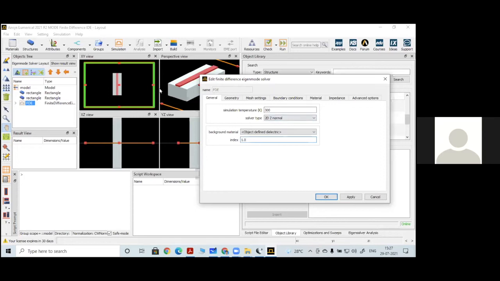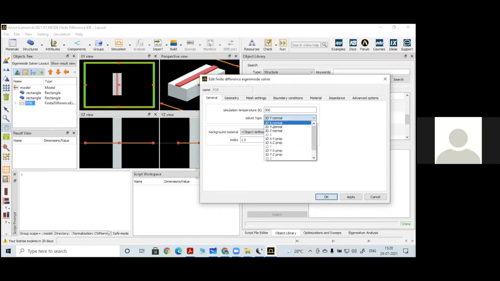So I want to place this FDE solver in the zx view. The solver type must be zx view, meaning it will be normal to a particular coordinate. I want to place this FDE solver in the two-dimensional zx view, which will cover the two-dimensional view of this geometry. Z will be your depth axis and x will be your width axis. Because zx means it must be 2D y normal, this FDE solver will be placed in the zx plane.